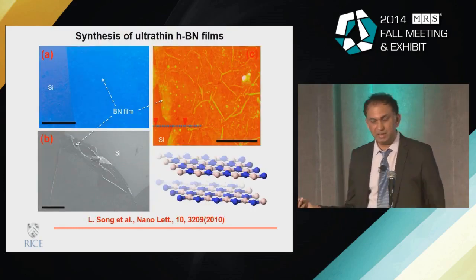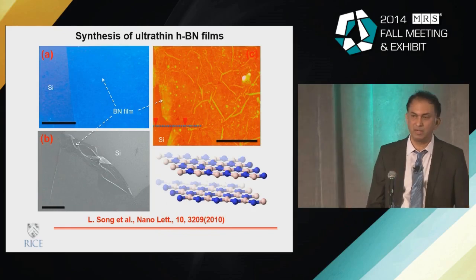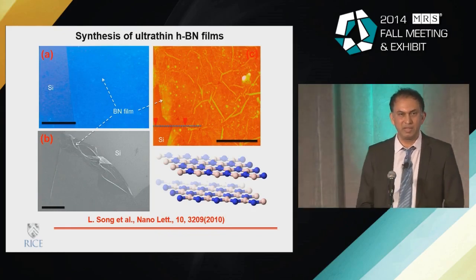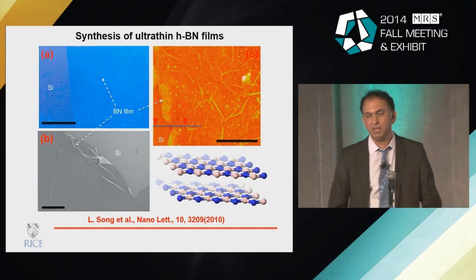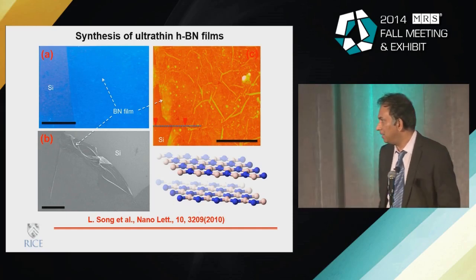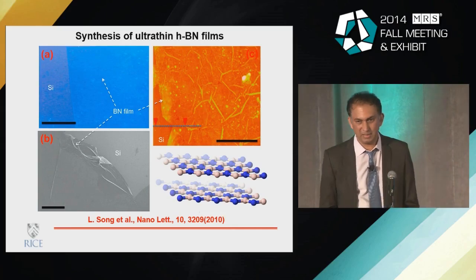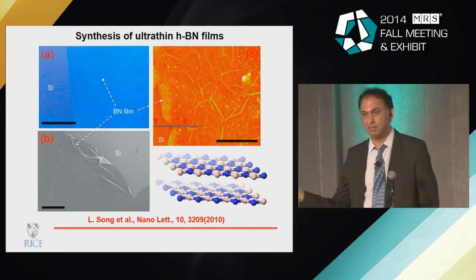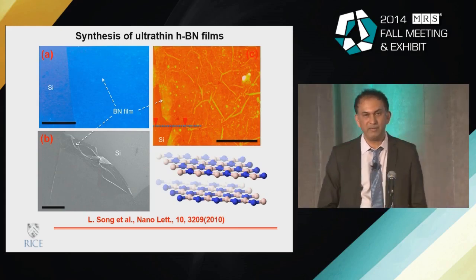Boron nitride is another material in this family. As I said, electronically it is very different, but structurally it is very similar to graphene, which has fascinating properties. Boron nitride is a very useful material. People have been using it for oxidation resistance and so on for many years, and it's one of the least reactive materials that you can find. And we have also been playing around with boron nitride to create these contiguous large area films.